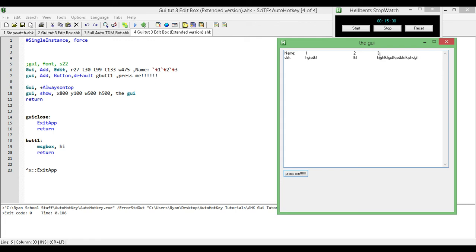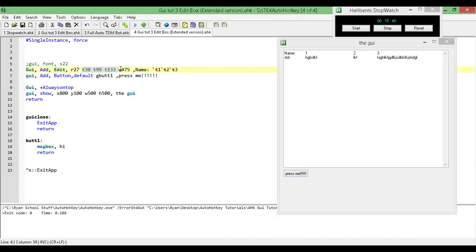Okay, so that is the tab stop, and we're up to 15 minutes. I've got enough time for something else quick. I don't think I need to go further into this. Just play around with it and you'll get the hang of it in no time. Let's see. Next, what we're going to do is